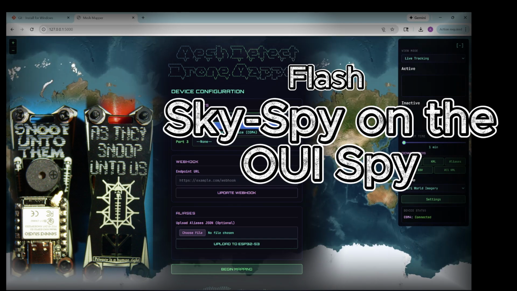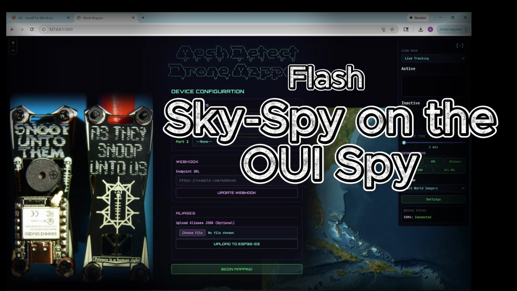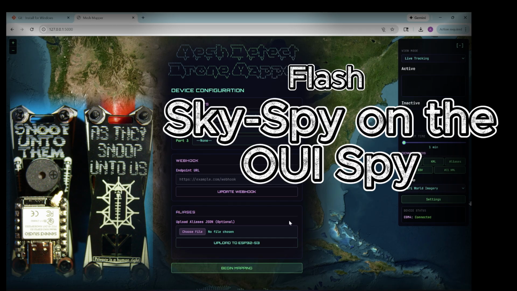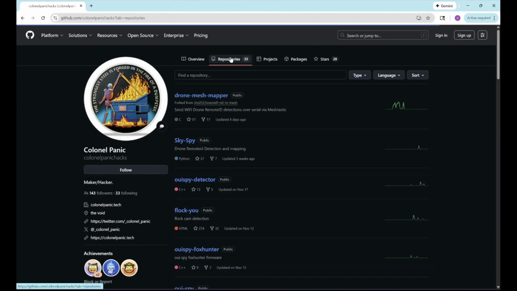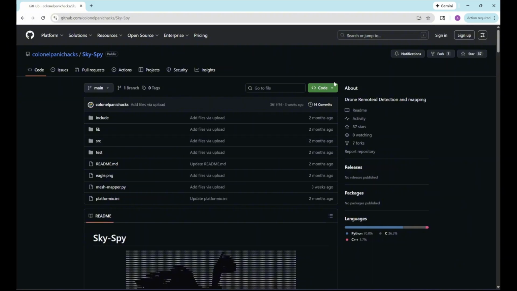Today we're going to be installing the SkySpy firmware on the OUI-Spy. This firmware will let you detect drone remote IDs over Bluetooth and Wi-Fi and plot them on a convenient map. After I recorded this, they did release a multiple firmware that's sort of 4-in-1. We'll have another video showing that, but for this one we're going to do just the SkySpy, and we're going